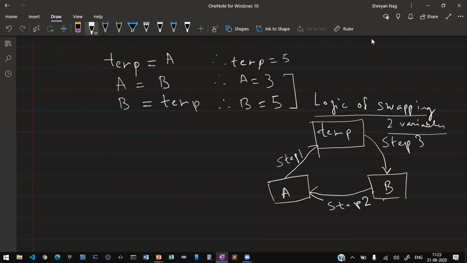This is the way of execution of a sequential style of programming, or sequential structure.